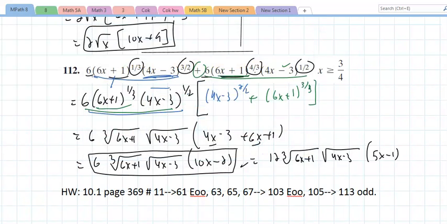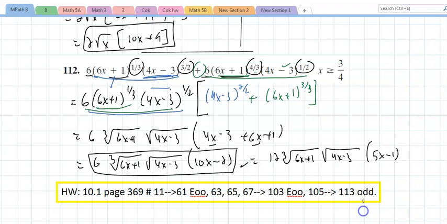And a lengthy section. It covers an entire chapter normally in algebra, but there